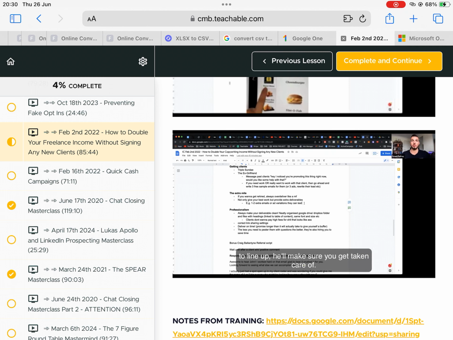He'll give you free double shots. He'll make sure you get served. You want to line up. He'll make sure you get taken care of. And you might, if you can, within his power, okay, because they're not really allowed to do discounts and shit, but in his power, he'll try and give you discounts and all sorts of hookups. And the $20 you gave him in tips, you'll probably make that back just from all of the extra free shit he's giving you. So it's kind of a similar idea here.